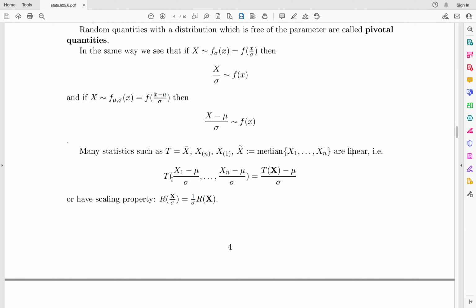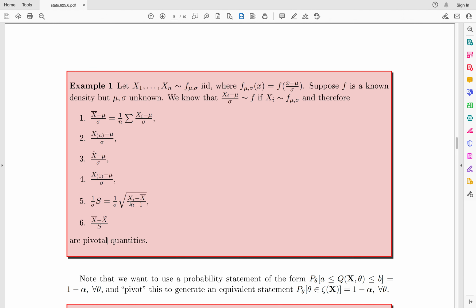So some of these are shift functions, others are completely linear, and some of them have just the scaling property. And we have a whole sequence of these, which then are all pivotal quantities. We can take the median,